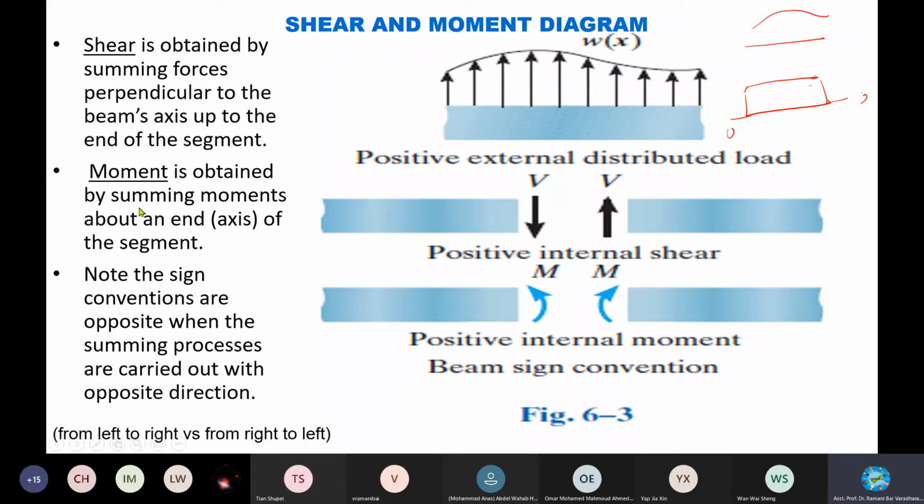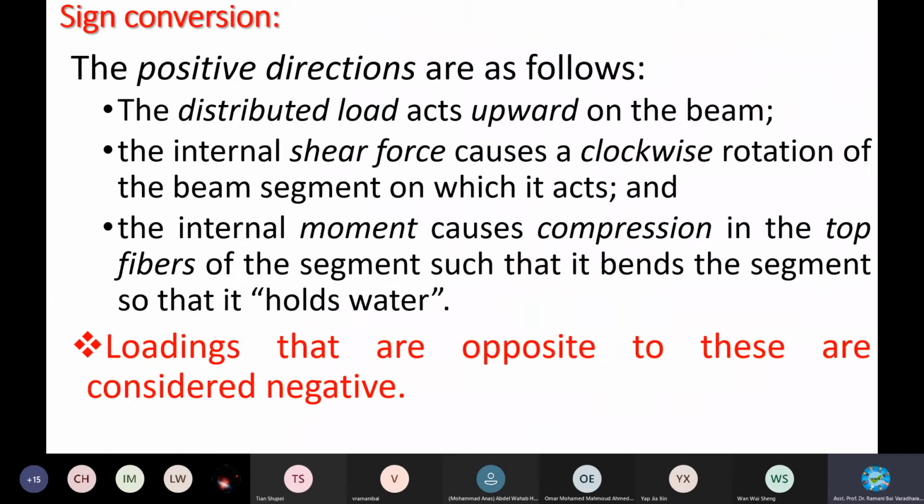For moments, you have to resolve the forces and the moments, right? Find out the reactions. You must be complete. All the reactions should be completed, and then start calculating from one end, reach the other end to find the total moment acting on that beam by following the formula, right?